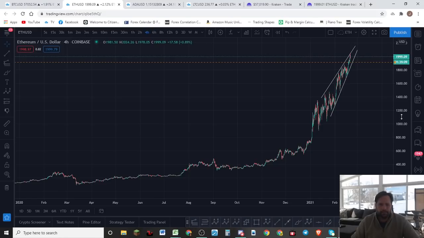So with that being said, we're going to focus in on the wave structure here and see if we can figure out where Ethereum and Bitcoin and maybe ADA are heading. We might even look at Litecoin as well before we're over. Just very quickly look at the market. I hope it's helpful information to you as you understand market structure. But don't forget, it's not financial advice. Never intended to be that. Just a way to interpret the market and see if we can get an edge using market structure.